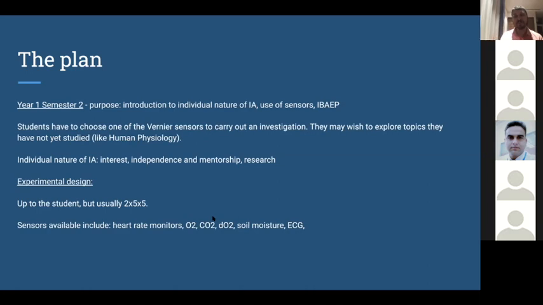The experimental design for this one varies, it really depends on what the sensor is and what question the student is asking. Usually it ends up being a 2x5x5, right? So 2 variations of 5 treatments of an independent variable and 5 trials. This could be,